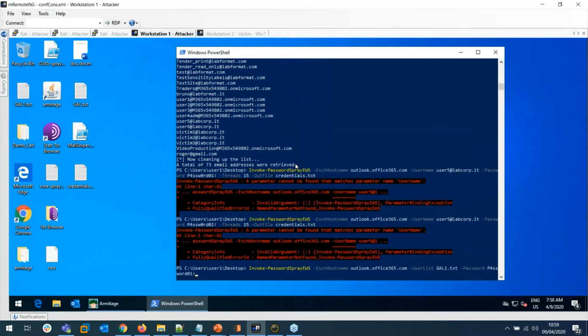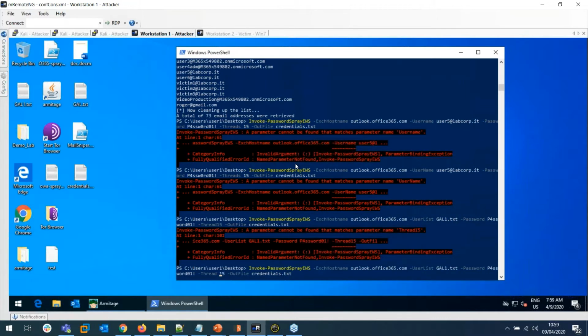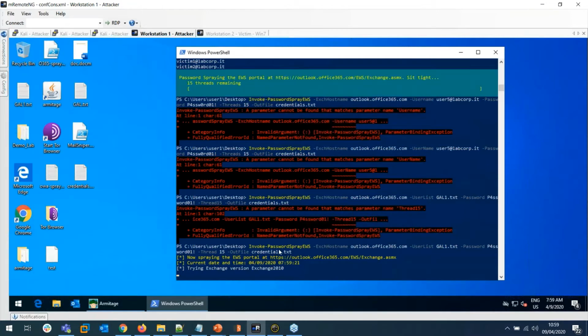So let's try the same password that we just discovered with a different set of users. Again, space here. Okay, so now I just issue the command to perform a password spray attack with a user